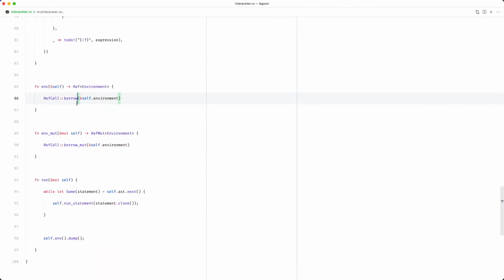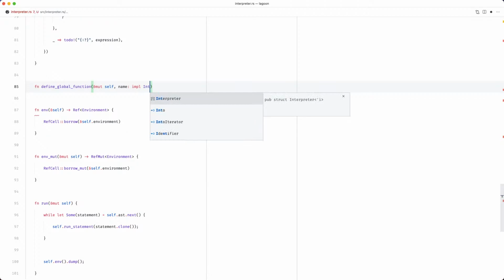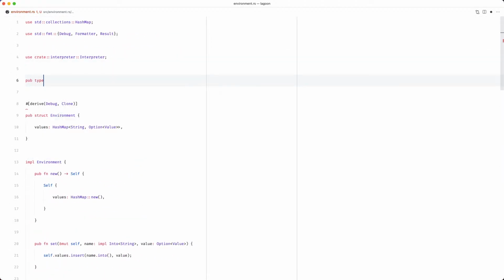So finally, let's create a function called define_global_function. It'll be a name that implements Into<String>, and also a callback, which we can probably extract from our environment. We can do something up here like pub type NativeFunctionCallback equals.